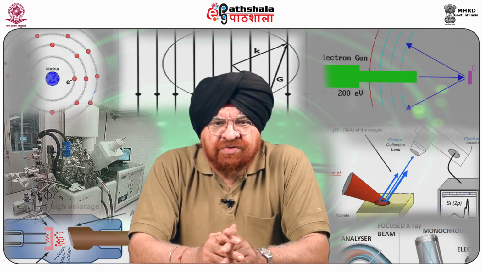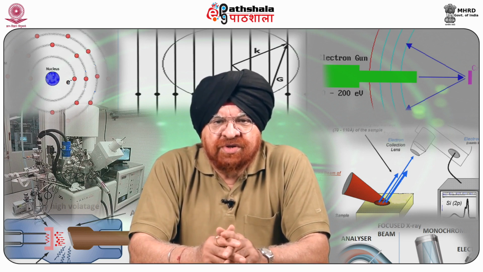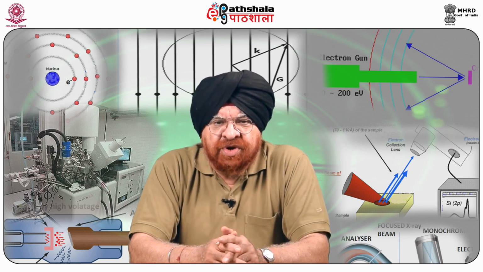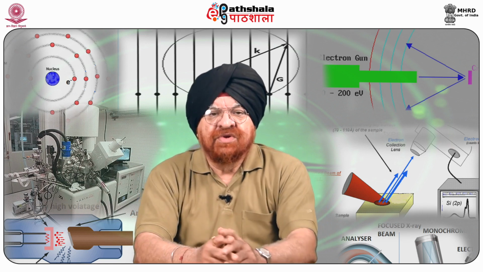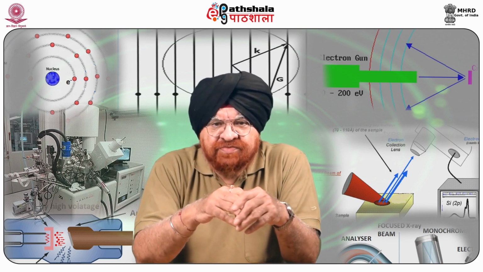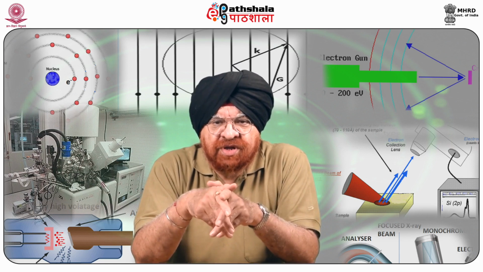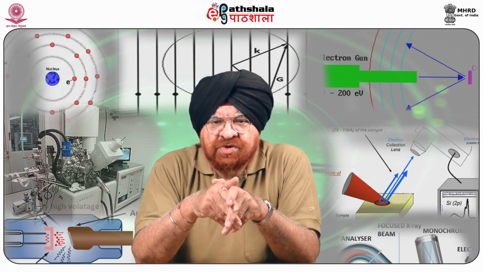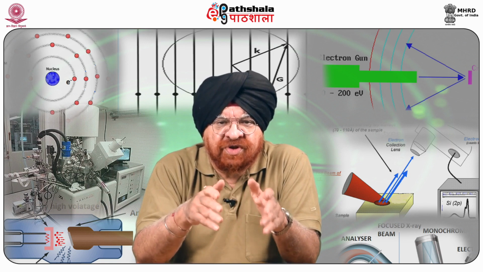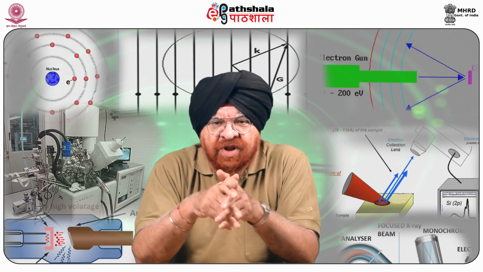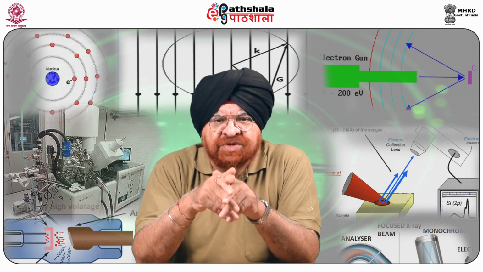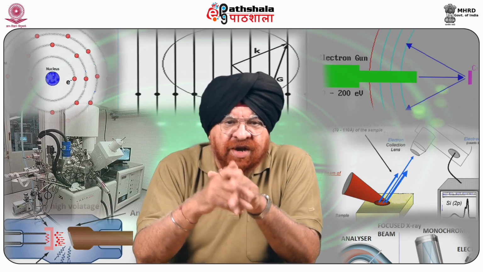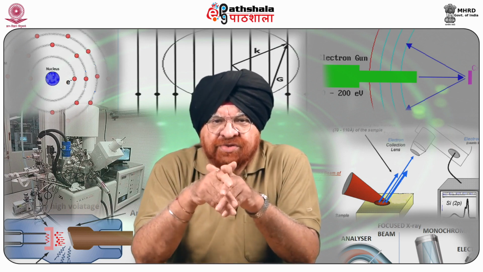Then in the 1960s, or we can call it the early 60s, another group independently developed this instrument, which we have been calling SIMS. One group was led by Liebl and Herzog, and the other group was led by Castaing. These instruments were used to examine the composition of the surface material and thin films by altering the surface specimen with a focused primary ion beam and collecting the ejected secondary ions.